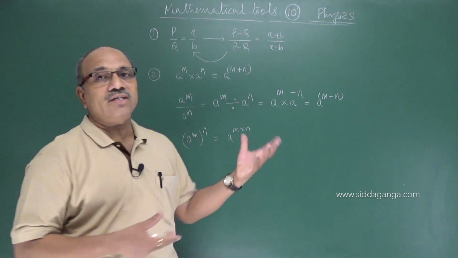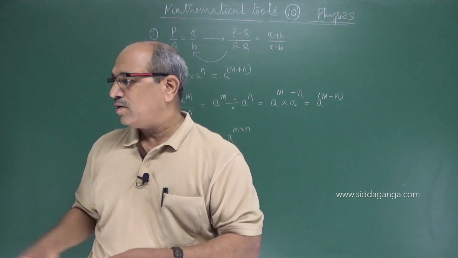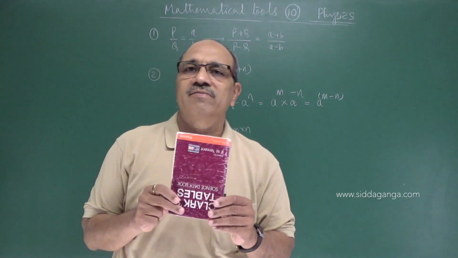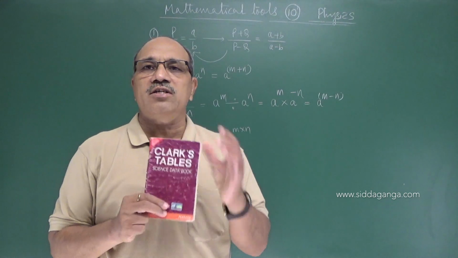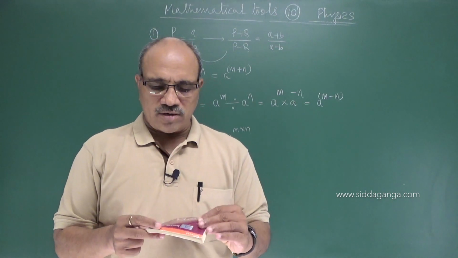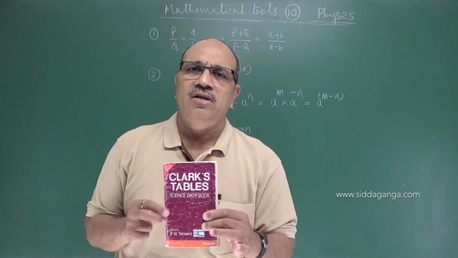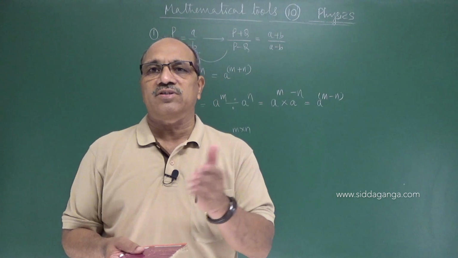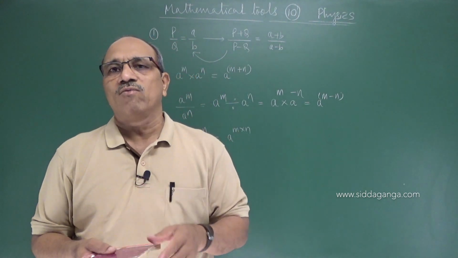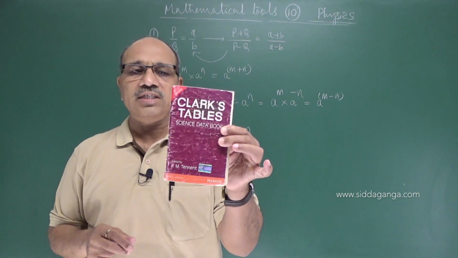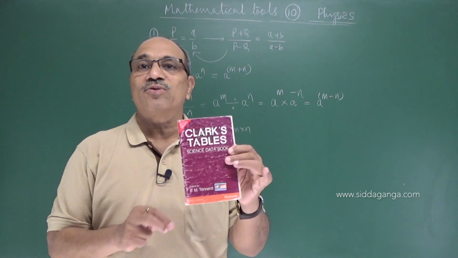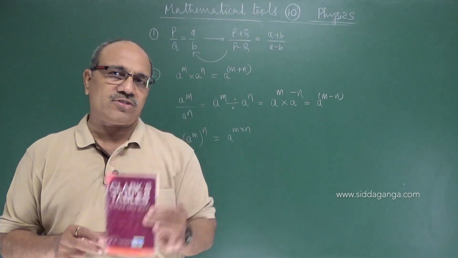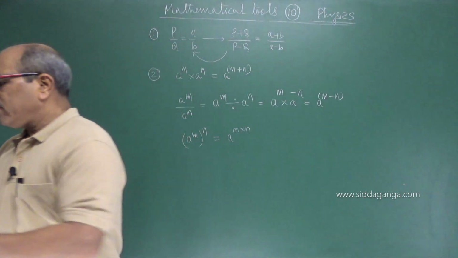Using this idea, before that I am showing you here, you purchase this book which is called Clark's Table, available in the market in every bookstall, where it contains logarithms and anti-logarithms, and trigonometric function values like sine, cos, tan. I hope you have seen this one. First purchase it before going to look into this particular video class. So fine, coming to